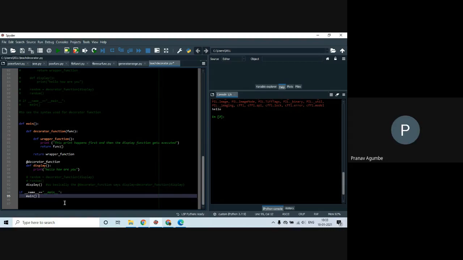No, see, line number 92 is not inside the definition of display, it's in the definition of the main function. We are just calling display, or we can do x. Okay, 1 second.